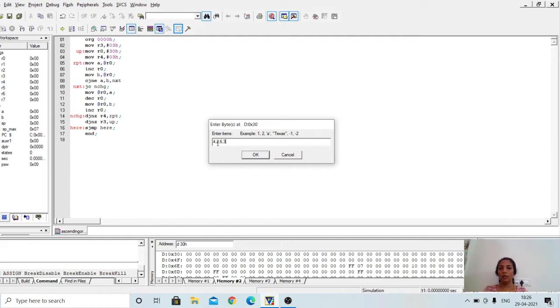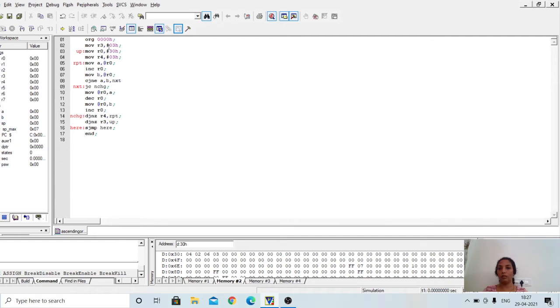So first we have to compare the consecutive numbers, and again it has to be repeated for the number of times which is equal to the total number of datas which have to be sorted minus 1. So since I have 4 datas to be sorted, I will have the count to be 3 here. So this is where my data is available.